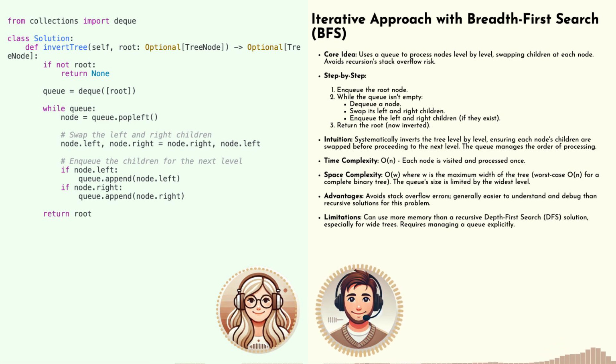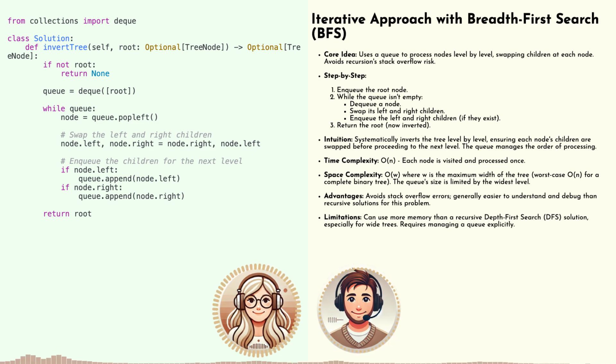Oh, okay. So instead of going deep down one branch like recursion does, BFS takes a more systematic, layered approach. Exactly. And that's what makes it perfect for inverting a tree. We visit each node level by level, and as we do, we swap its children. Make sure we cover the whole tree in the right order. Okay, I can see how that would ensure a correct inversion, but how do we actually implement it using a